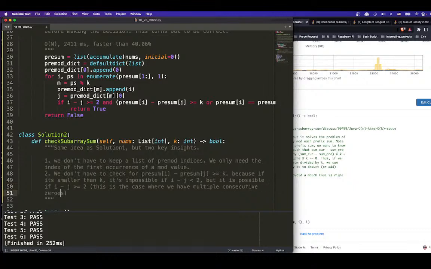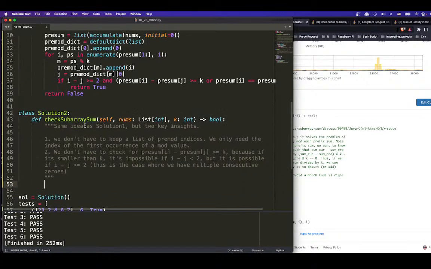Yeah, otherwise it's not going to be happening. If you have multiple, they're all the same, right? And this is always going to work, even if it's smaller, because it's the same, it would just be multiple zeros. Yeah, so it's always going to work. So all we need to do is